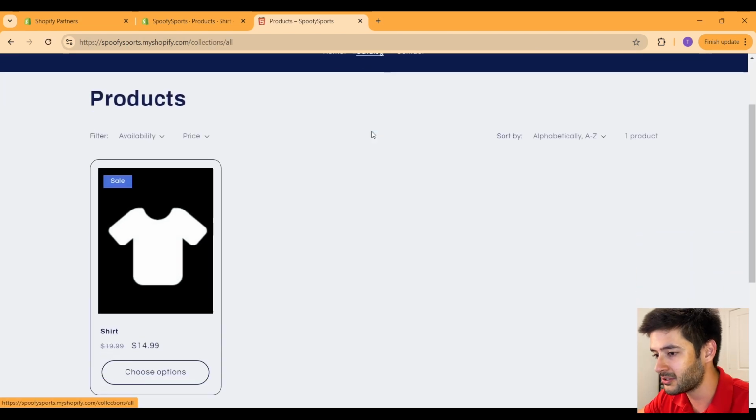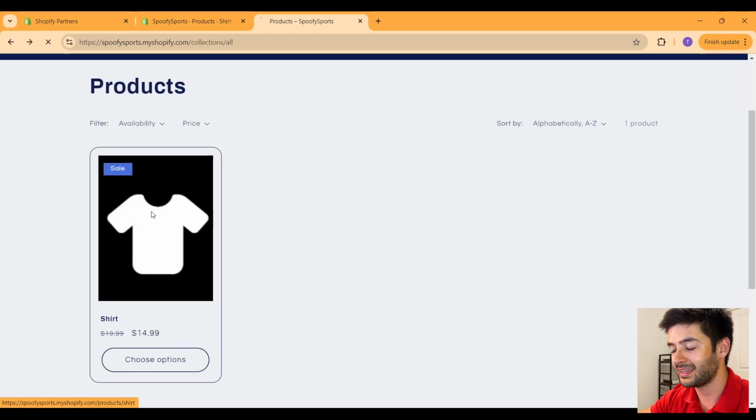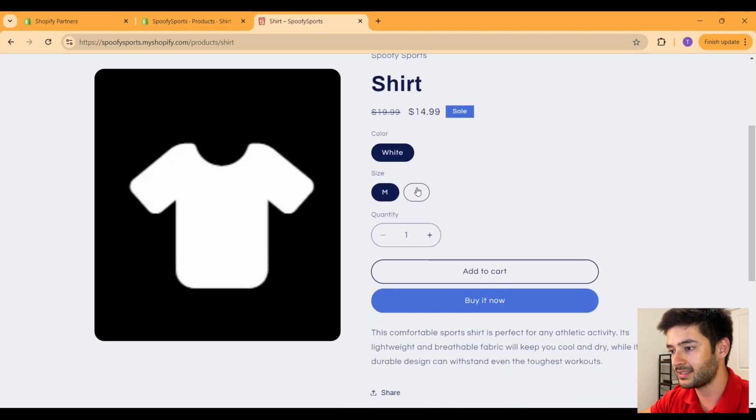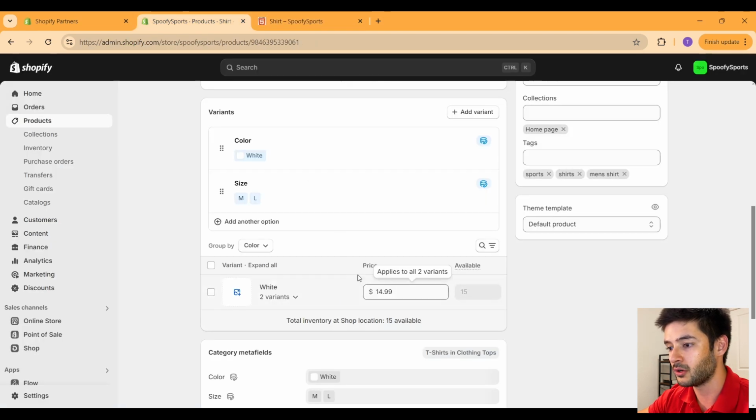For now, we'll go back to our catalog, and I'll go ahead and click on this, and I want to select a large shirt here. And keep in mind, if you sell your product once all your quantity has already been sold, it will not let you add more products than whatever your quantity is set to over here in your